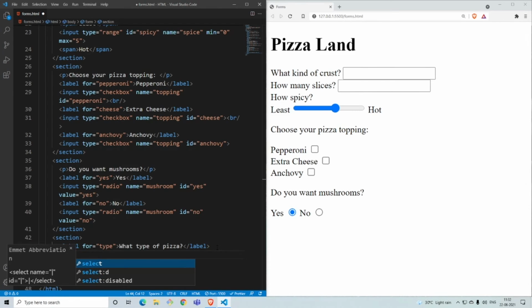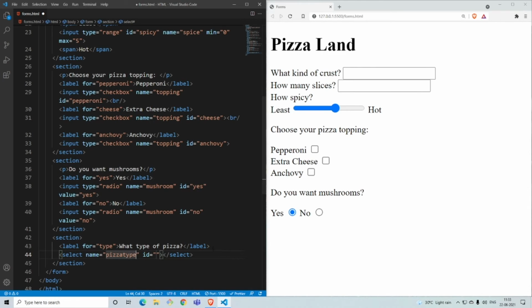So this select will have a name and the ID. So this is pizza type, the name, and then the ID is same as the for. So type. Inside this we'll have options. So we'll say option, and the value is the type which you give. Whatever you give here as the name which you want to display is the same as the value which you're gonna give. So we'll give three options, so people can choose from these three.